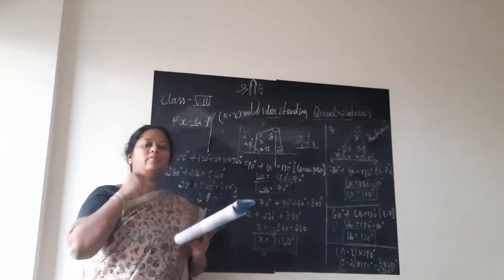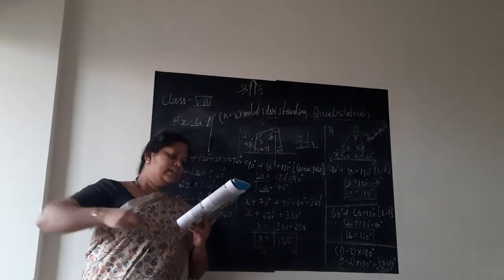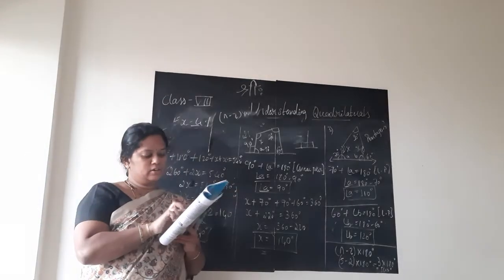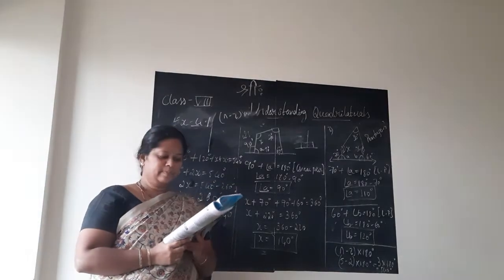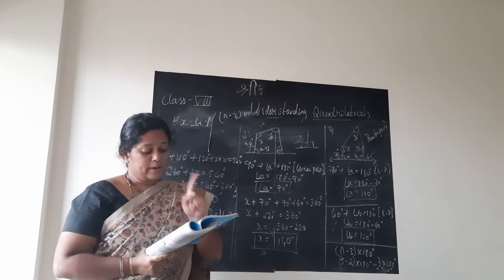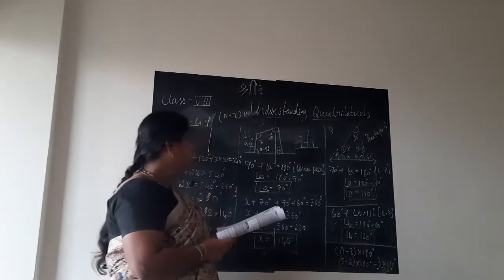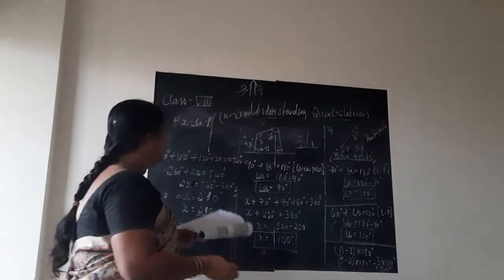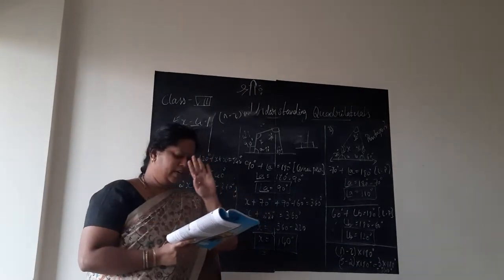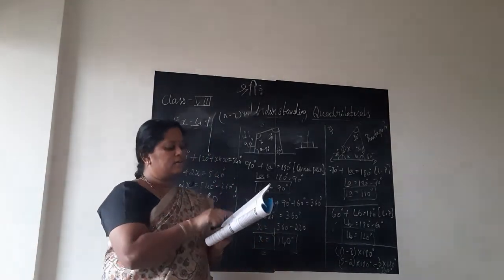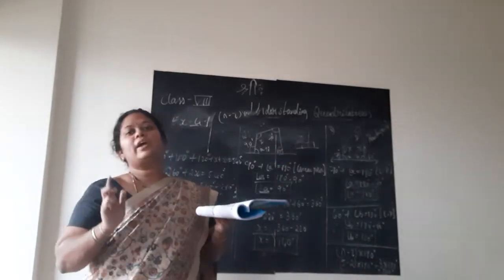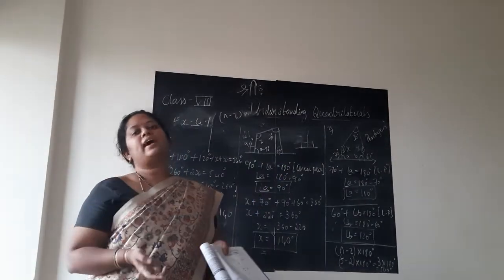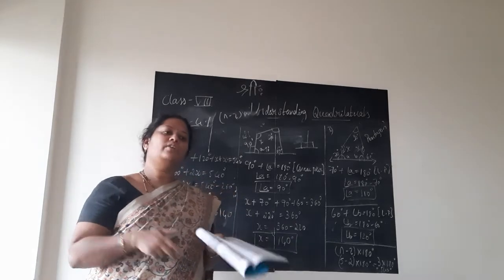Fourth problem, I want you all to take it as homework. See, it is clearly a 1, 2, 3, 4, 5, a pentagon. And if you observe the figure, they have marked all the sides equal and all the angles equal to x, children. So very easy. You need not do anything. Find the value of x. If it is an equiangular pentagon, all the angles should be equal, meaning the x value is the same throughout.